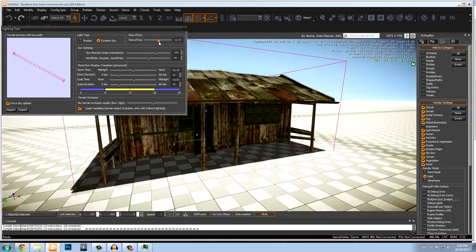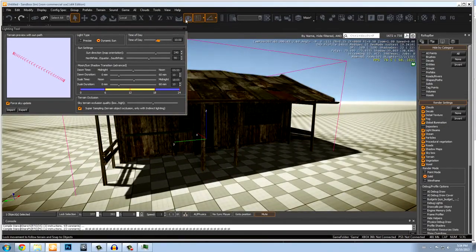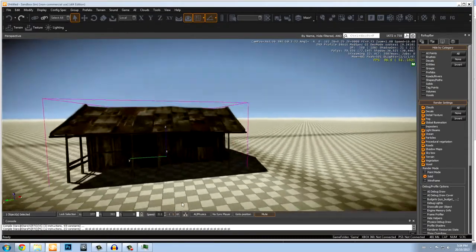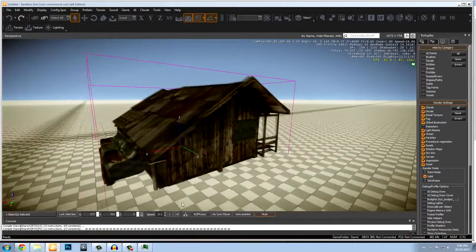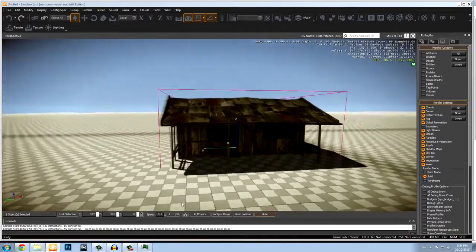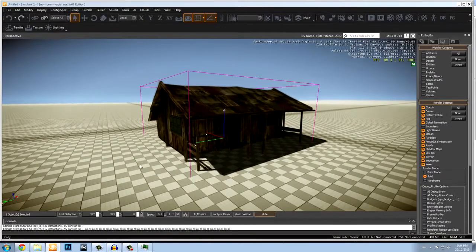So yeah, you can play with the time of day. Okay. So now you have this cabin, and let's say you wanted to play around with the materials on it, but you're a noob, right? Yeah, we're all noobs. In that material editor that I showed you earlier,